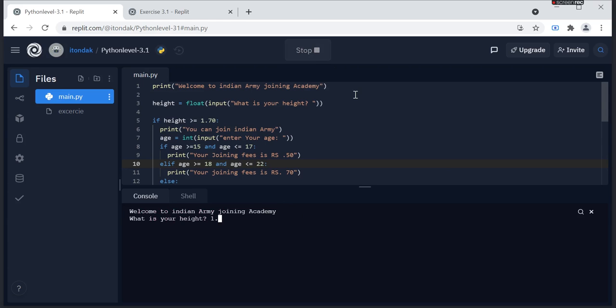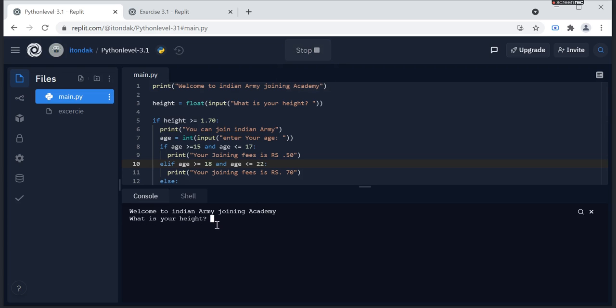My height is 167, then I am sorry, you can't join Indian Army because of your height. Now we use another condition, my height is 175, then you can join Indian Army. Please enter your age. So first we check, my age is 16, so then my joining fees is 50.